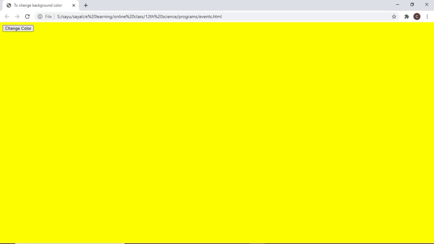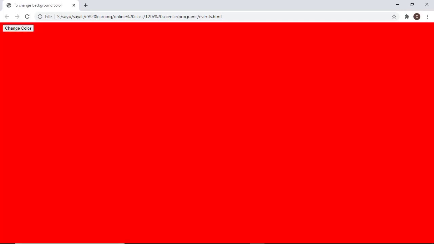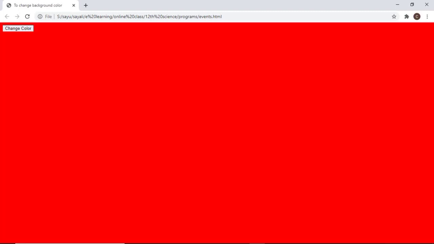Now again mouse over this button. See, different colors are getting displayed for the background. Okay, first red, that is the f1 function is called. Within f1, the f2 function will get called. From f3 again the f1 function will get called. So red, then green, and then yellow, then again it will start from red.